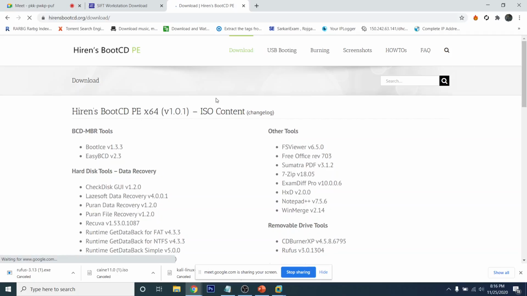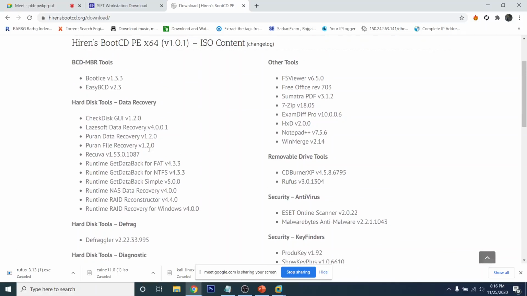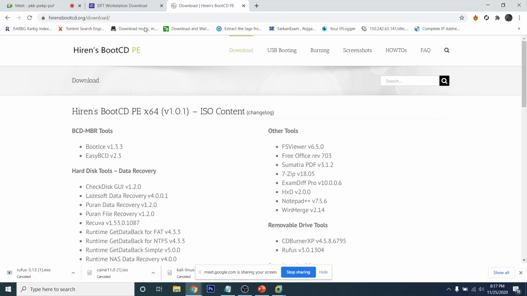Most of the researchers, or you can say beginners, use this tool to remove the password, up to the latest version of Windows 10. Yes, absolutely, up to Windows 10. But no, that was Kon-Boot. Okay, yes, it does work fine. So you can see, as it is a live CD,